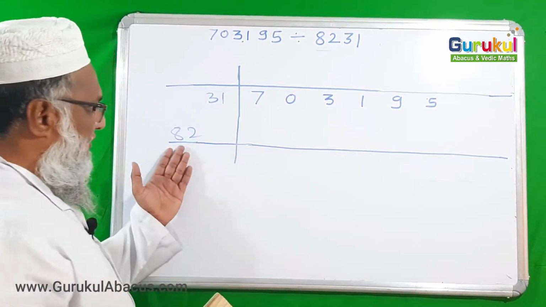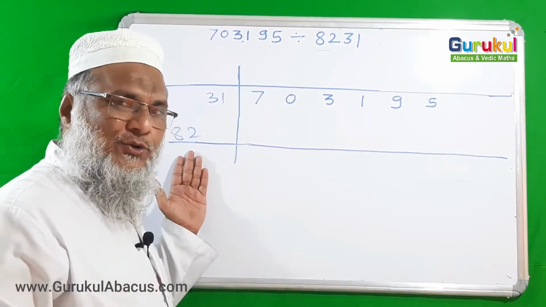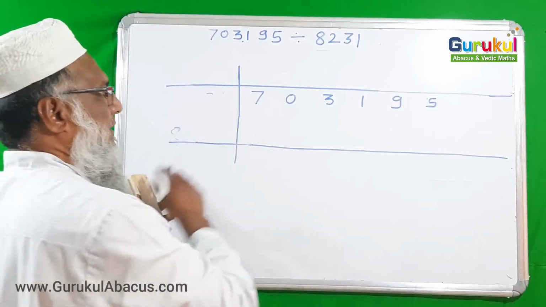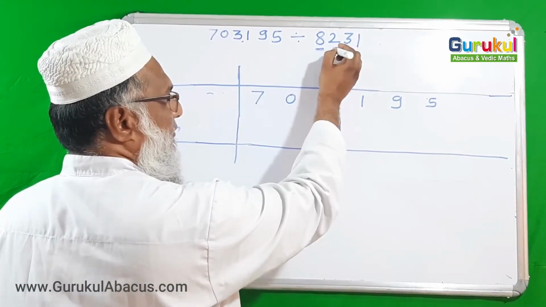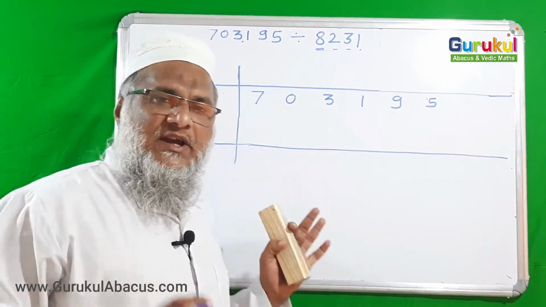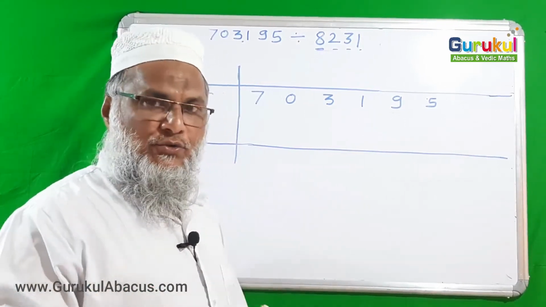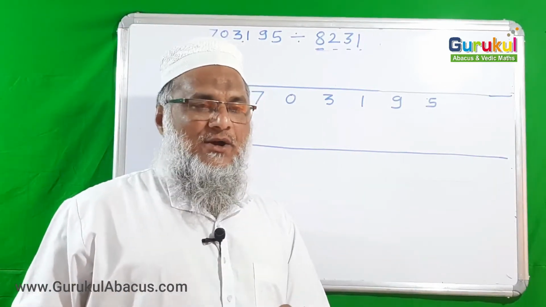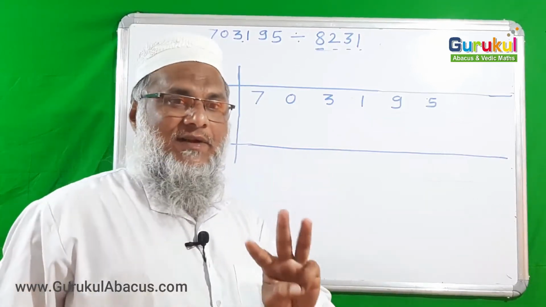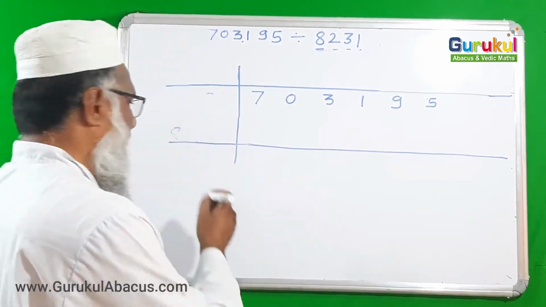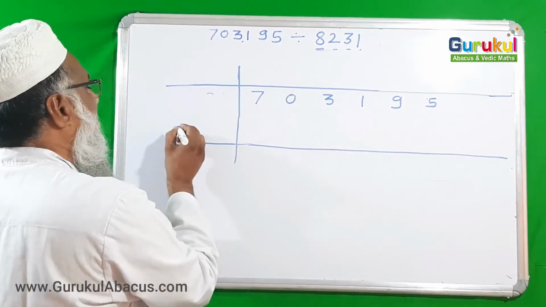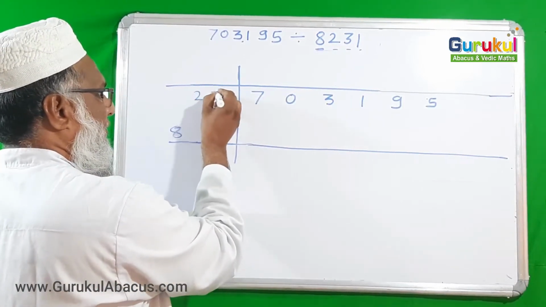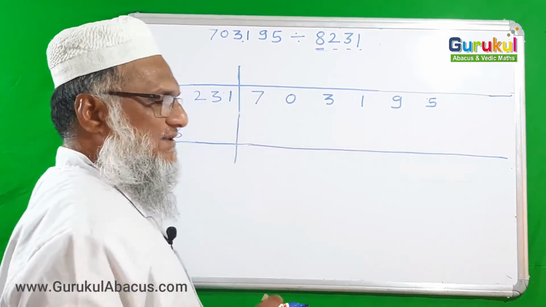Then you can understand that dividing by 82 each and every time would be harder for me. So what should I do? Here I want to take 8 as a temporary divisor and arrange 2, 3, 1 as flag digits. So here a new concept is going on. In the previous example there were 2 flag digits, and now in this example we are taking 3 flag digits. That is to understand. Okay, so here I am just writing it. Now 8 I want to write for dividing, and 2, 3 and 1, those 3 flag digits I am choosing.